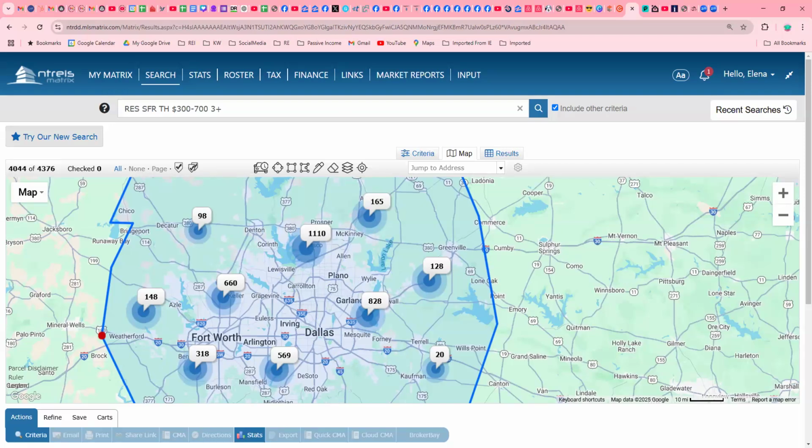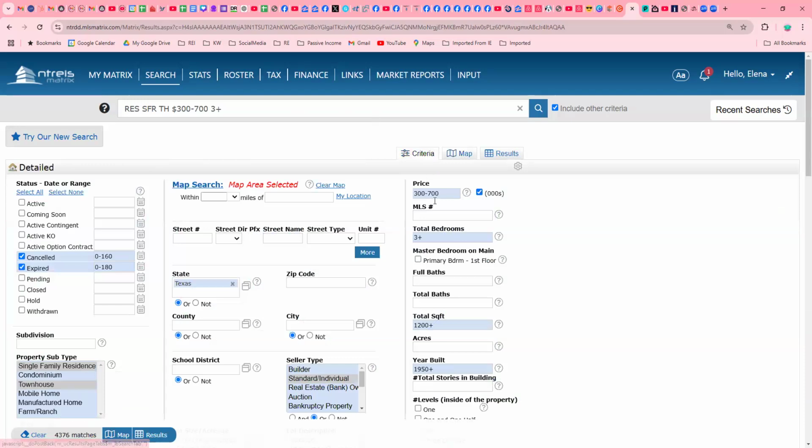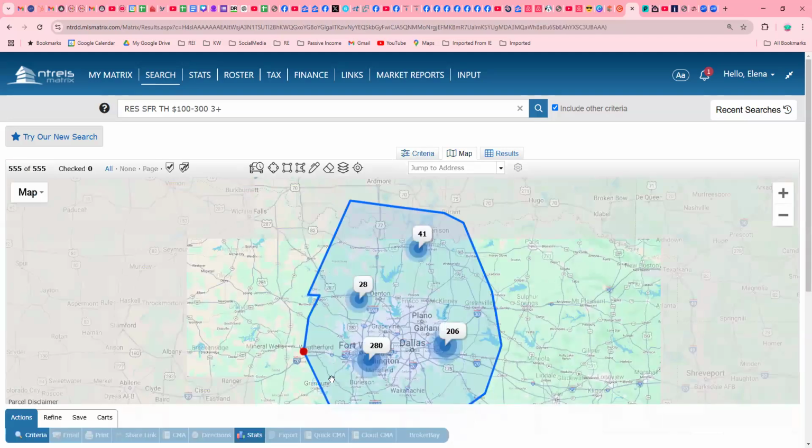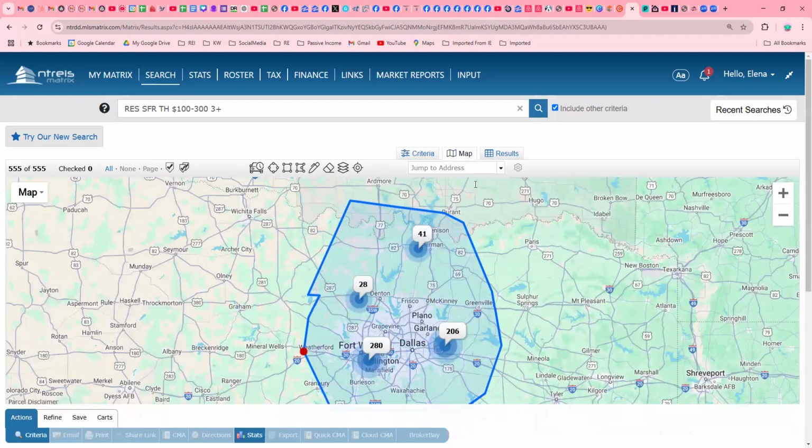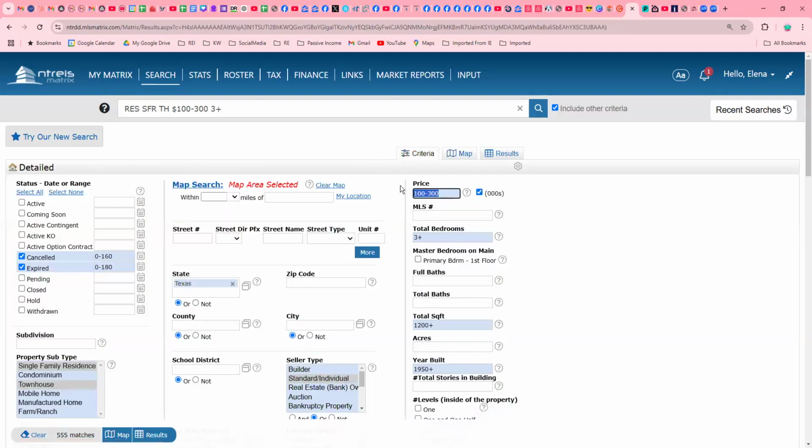If you're interested in specific types of properties, for example, we could go to, let's just say that you're looking for properties between $300,000 and $700,000, or maybe you're looking for something that is closer to, let's just say, $100,000 to $300,000. You can play with that. You can see that the number of leads dropped significantly, and now you can see where they are primarily located. If you were to, let's just say 700 minus for now to keep the number of leads larger.